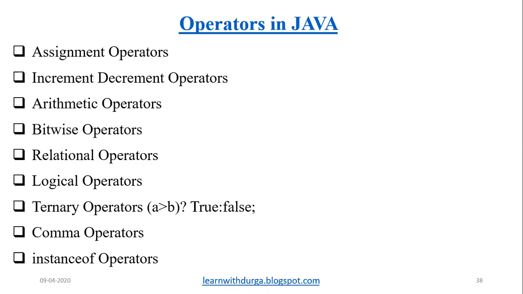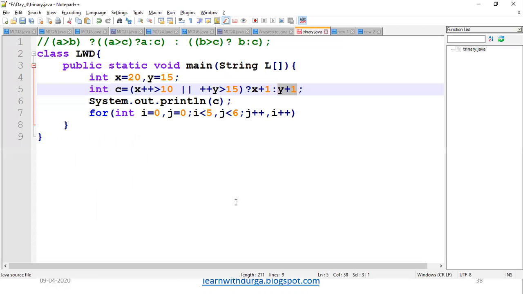A plus plus, b plus plus, the same value is going to be incremented, right? We are not having one more value. With binary operators like bitwise operators, you will have a and b, so two values will be there. Definitely you will be holding two values. If you go with the ternary operator, you will have three operands. One operand is a condition, and that result is going to select the true part or the false part. And if you are going with the ternary operator, we have a few limitations.